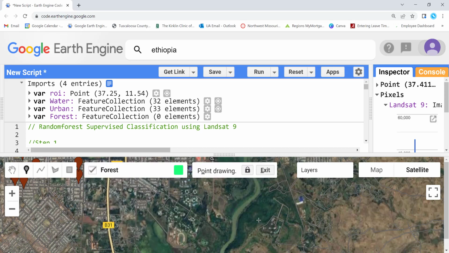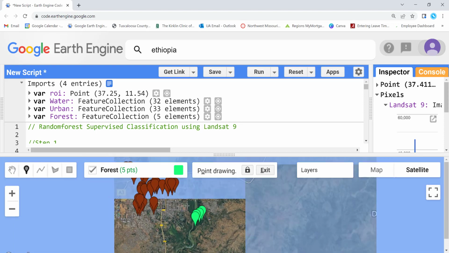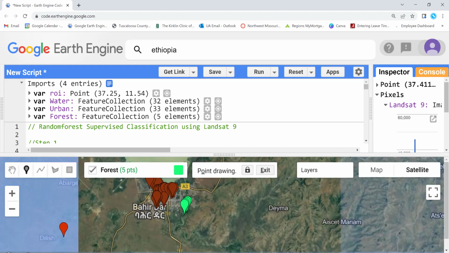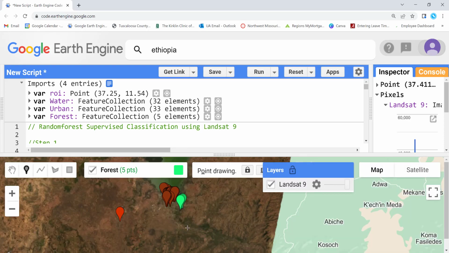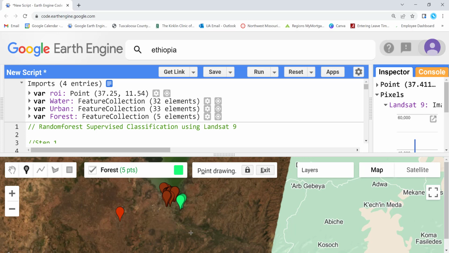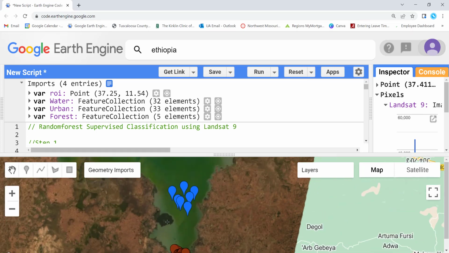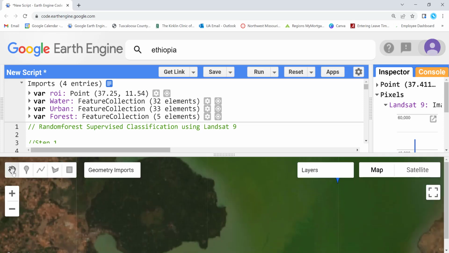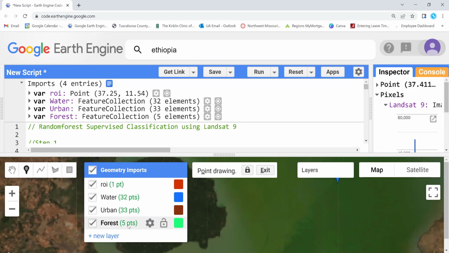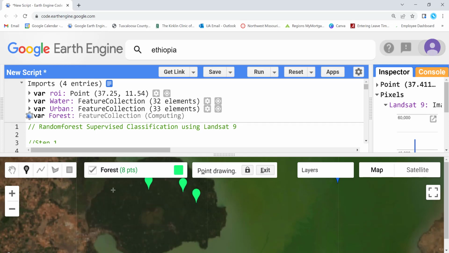I'll highlight the forest class here, and let me search for another area within the Landsat image that seems like a forest. Okay, over here we have pretty dense forest cover, right? So I'll just go ahead and click the first class and then generate my sample here,